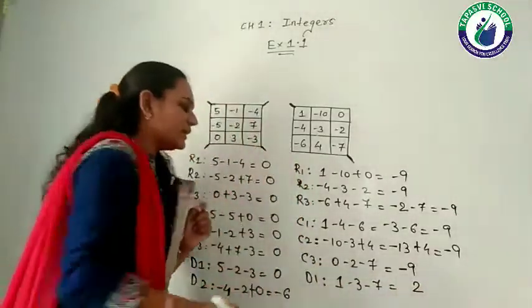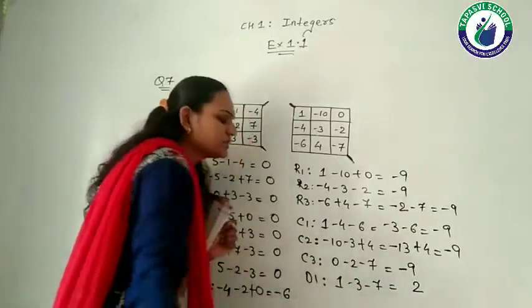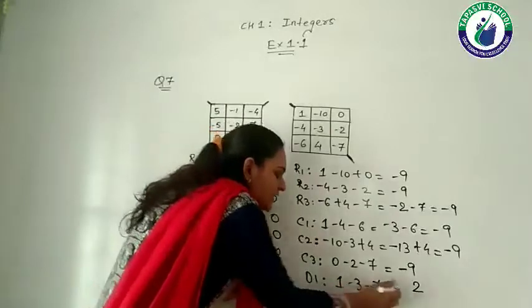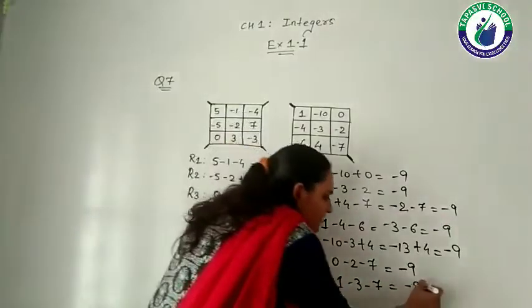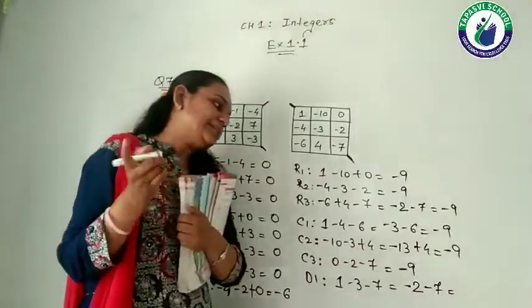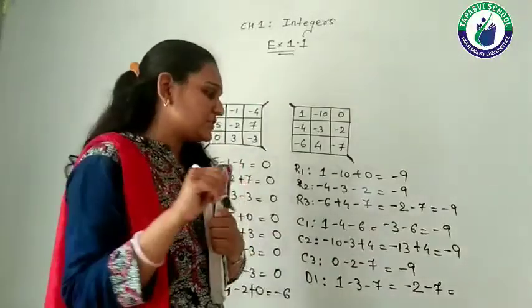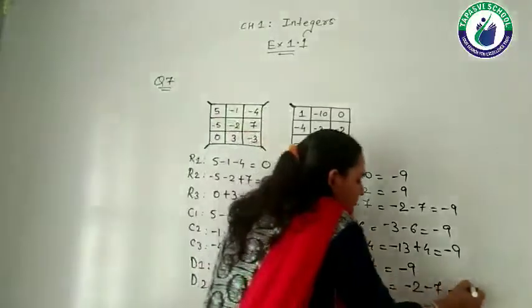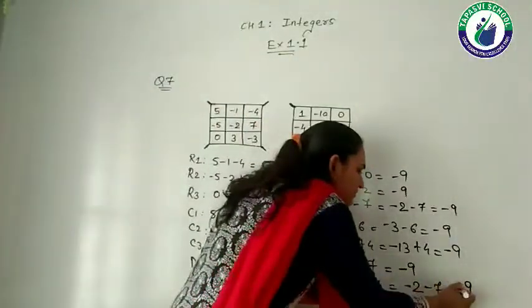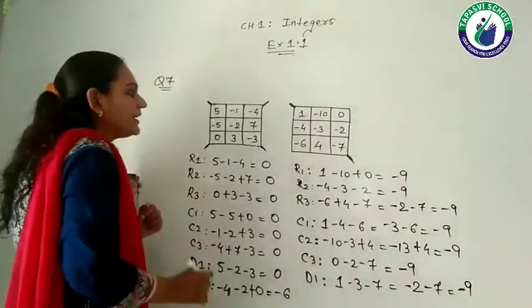And what is the sign of the 3? We'll be giving the sign of 3 because between 3 and 1, 3 is greater. So I'm going to give the sign of 3. So minus, along with that -7. Now 2 and 7 both are again the negative integers. So I'm going to add them. And I'm going to give the sign of negative. So here I have done with the diagonal number 1.